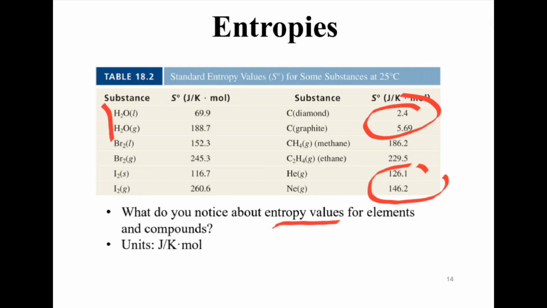So remember, the standard entropy is not zero, and the reason is because there is always randomness in the system except at absolute zero temperature. We have seen that the standard entropy of elements is not zero because in the system there is always